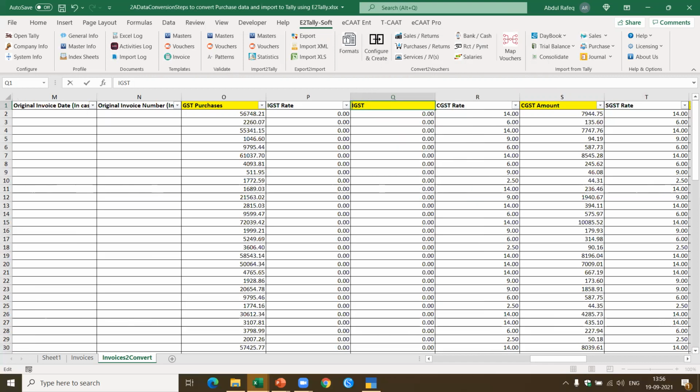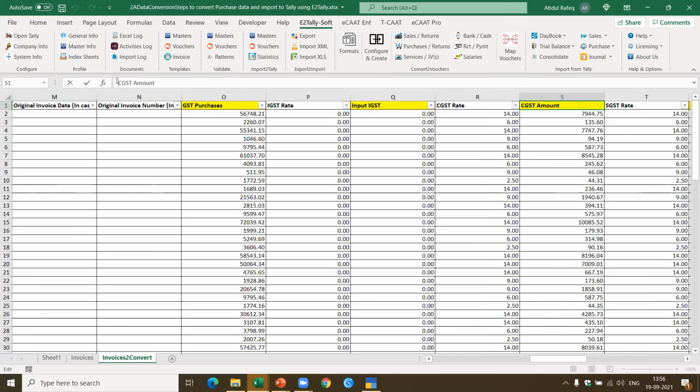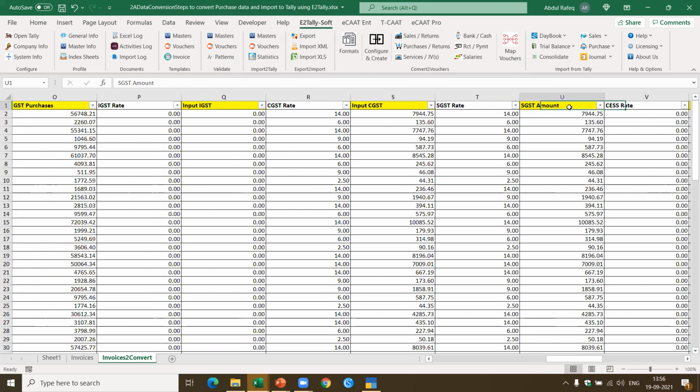That's the name which is available in Tally. Give the column name in the same way so that you can import it directly. Input CGST. Now if you have a space also, it will create problems when importing to Tally. So it's very important that you create the ledger account exactly as per what is there in Tally.